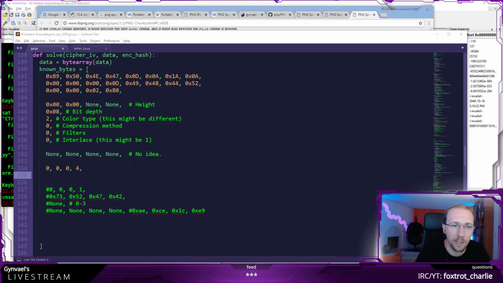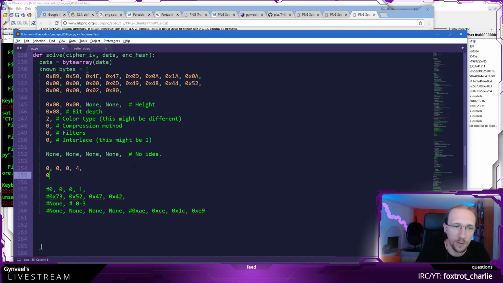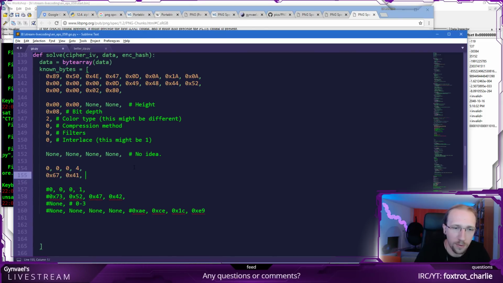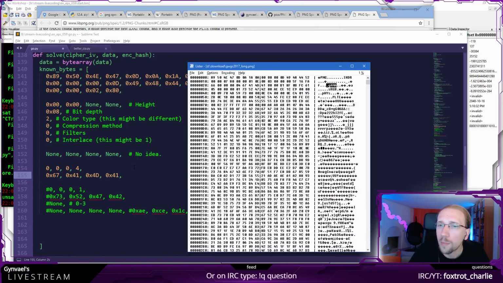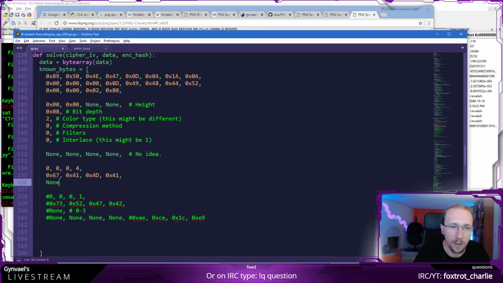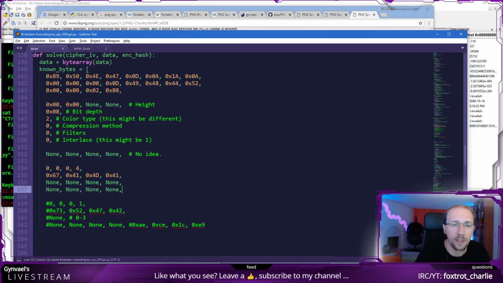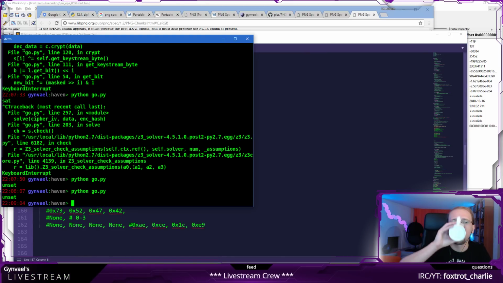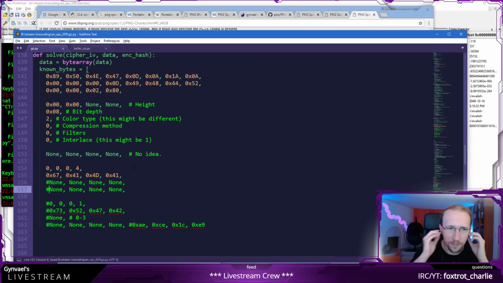So 4, and then we get the gamma, which is 0x67, 0x41, 0x4D, and 0x41 again. Perfect. Then I have no idea what is the data in the gamma, and I have no idea of the checksum. I actually shouldn't put this here because this makes the equation a little more funky. Unsat. This is not funny.